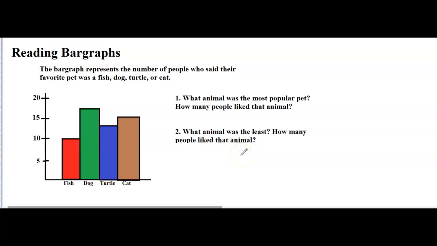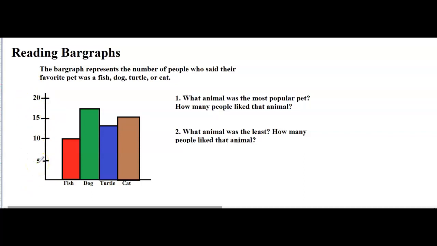Reading bar graphs. The bar graph below represents the number of people who said their favorite pet was a fish, dog, turtle, or cat. So the way a bar graph works is that the horizontal or x-axis, left to right, has categories. In this case, fish, dog, turtle, or cat. And then on the vertical or y-axis going up and down, we often have a frequency count or a